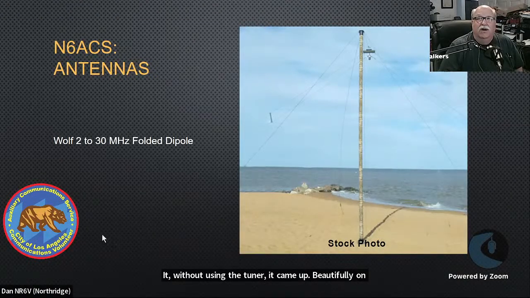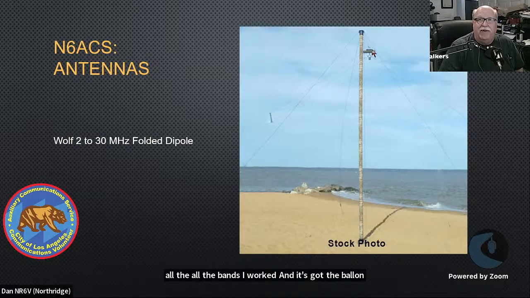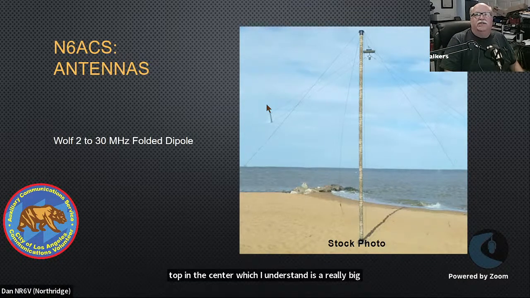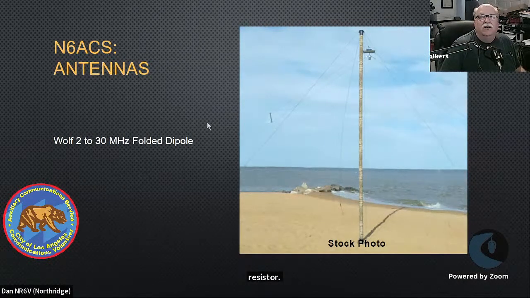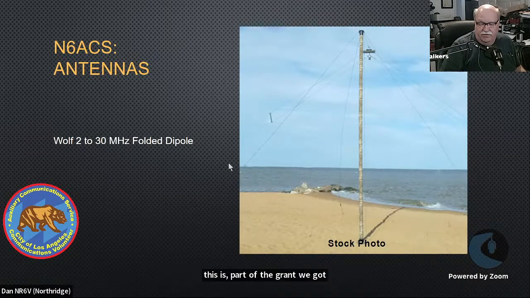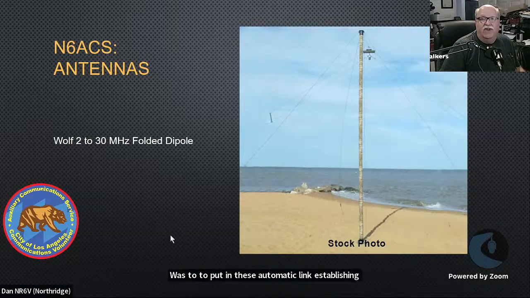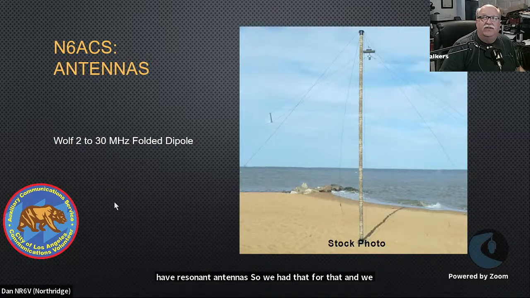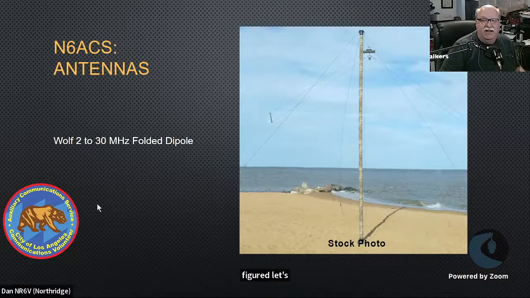And it's got the balun in the center here, and then it's got this tube up top in the center, which I understand is a really big resistor. I don't quite claim to understand how it works, but this is part of a grant we got to put in these automatic link establishing radios. And to do that, whatever bands you choose to work, you've got to have resonant antennas. So we had that for that, and we figured let's bring it out and set it up and give it a try. We were less than an ideal setup